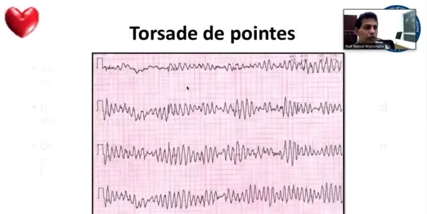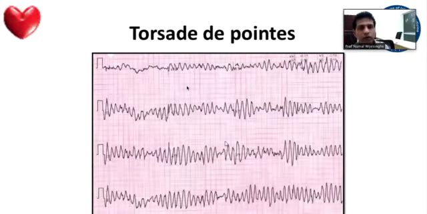Now this is the ECG of polymorphic ventricular tachycardia, a different type of tachycardia. You can see the QRS complexes or the abnormal waves as spindles. That is why they are called Torsades de Pointes. It is a type of ventricular tachycardia,